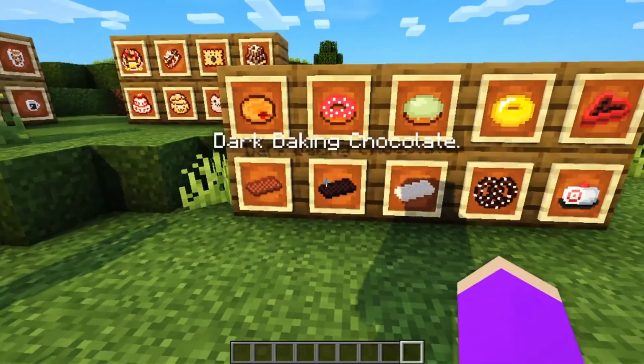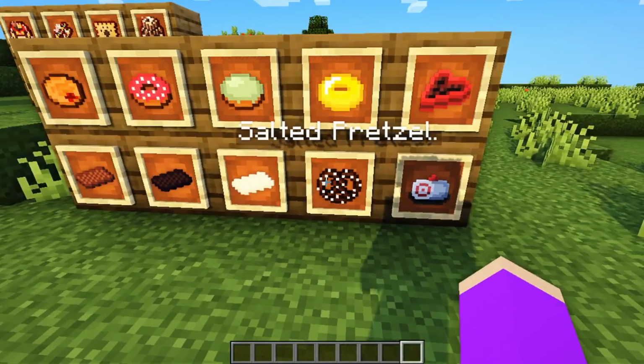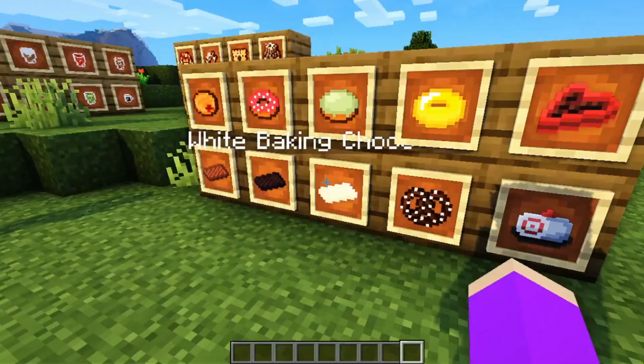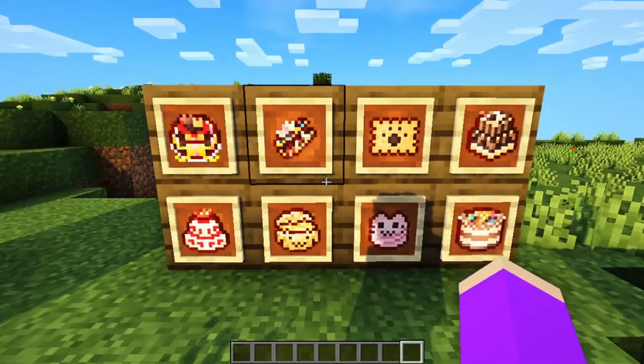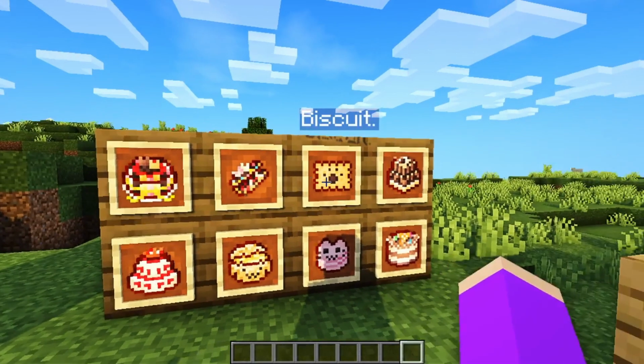We have the regular, we have the dark, and we have white baking chocolate. We also have salted pretzels, as well as a red velvet Swiss roll. Now, next up, we have a custom Neko treats section of these bakery items. As you can see, there are a variety of these. Here are some of my favorites: the Charlotte, the eclair, a